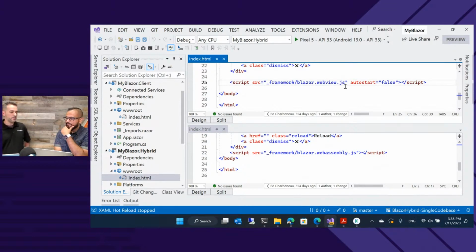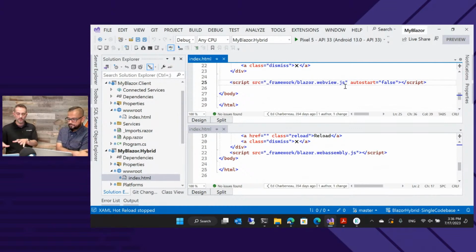So this is a specific file that is going to boot the .NET framework for the Webview. It's going to look for your device's implementation of .NET. So if you're on Windows, you're going to get the .NET runtime for Windows, WinRT, whatever runtime. And it also brings in the JavaScript interop between .NET and Blazor to talk to JavaScript as well. So I think that is the bridge for all Maui apps.